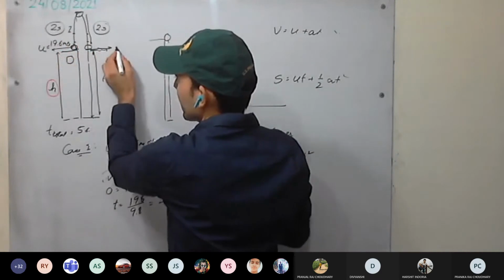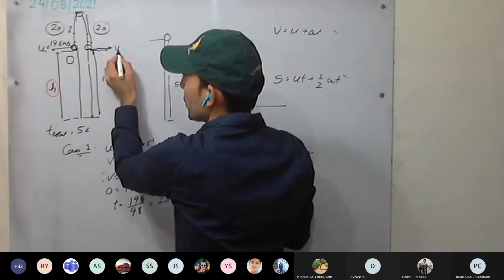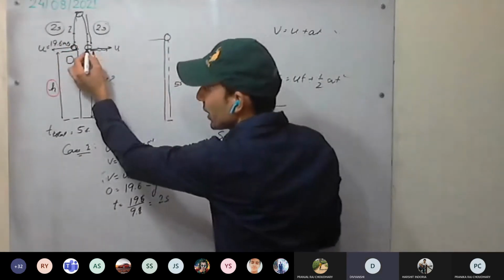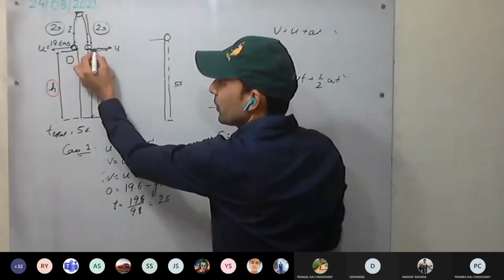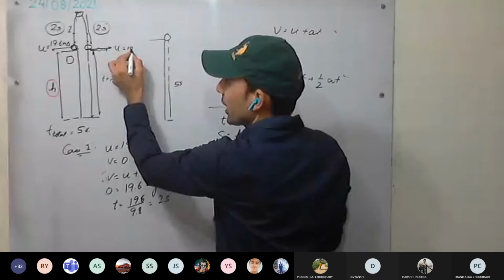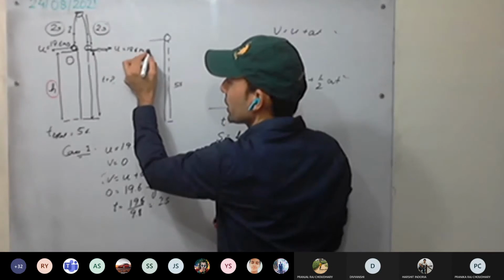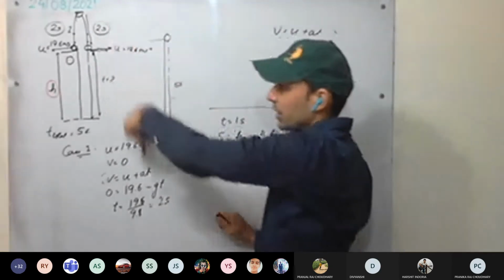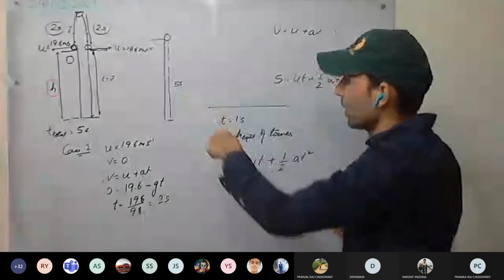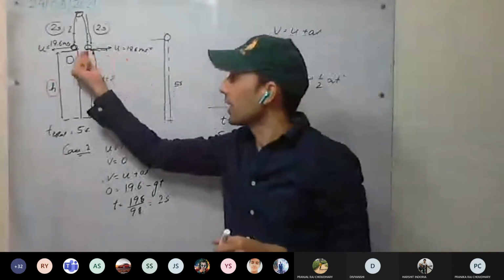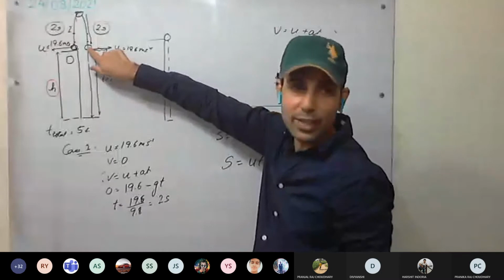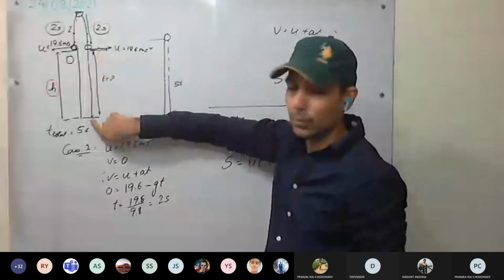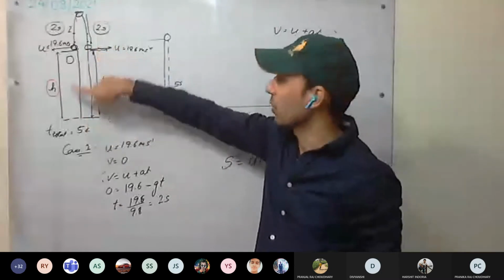So what will be the velocity here? U at that position, 19.6. Since we are starting the motion here, that will be considered as initial velocity. It will be 19.6 meter per second. Which direction? Downward direction. Understood this one? We are starting the motion from here because we are taking 1 second. This is the initial position, this we are considering as final position. Final position velocity we do not know.